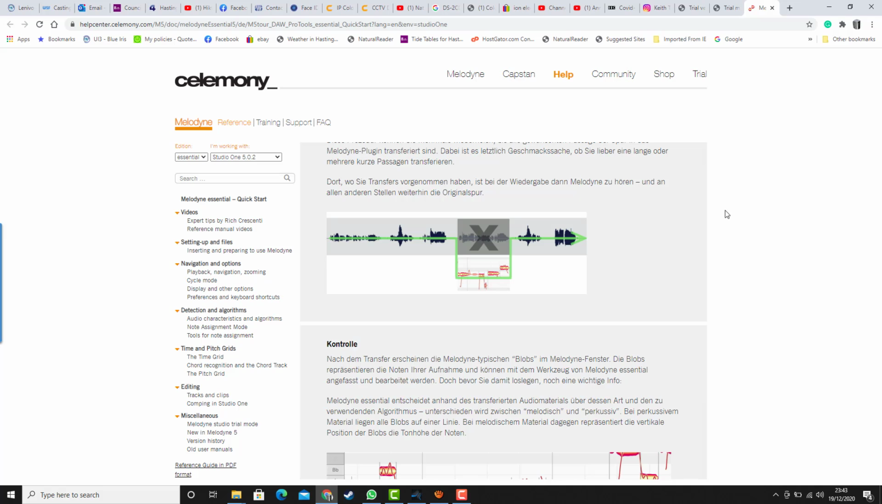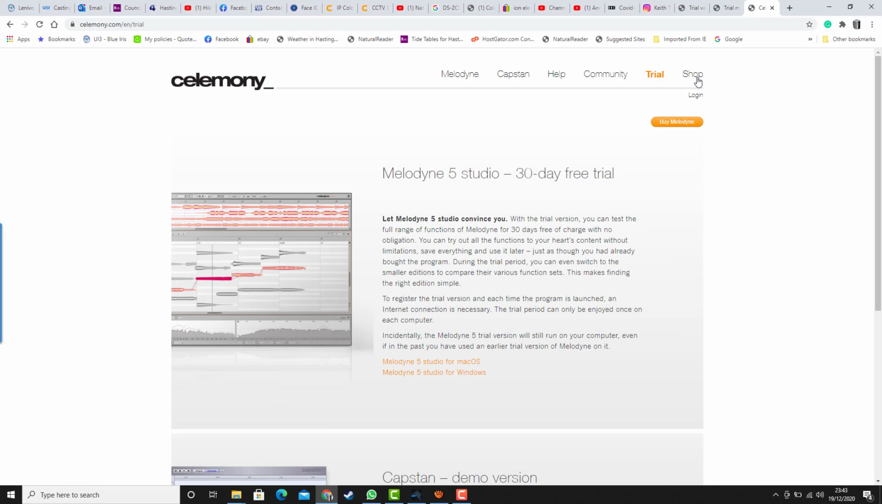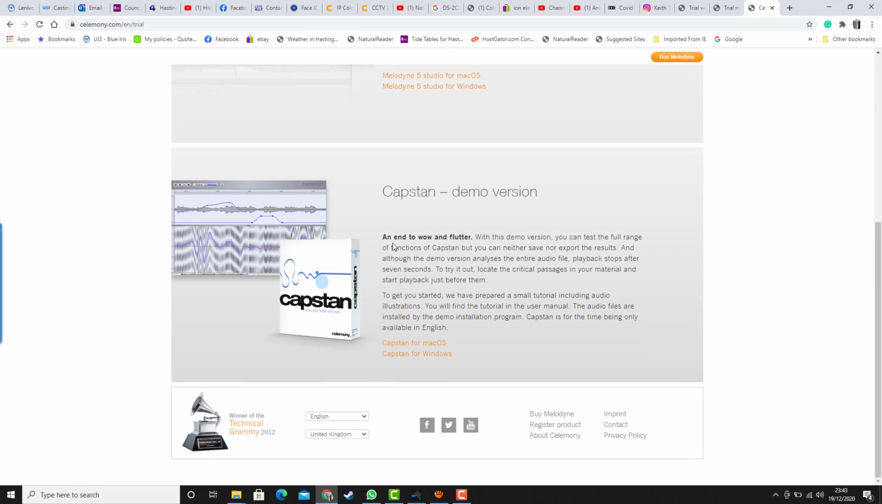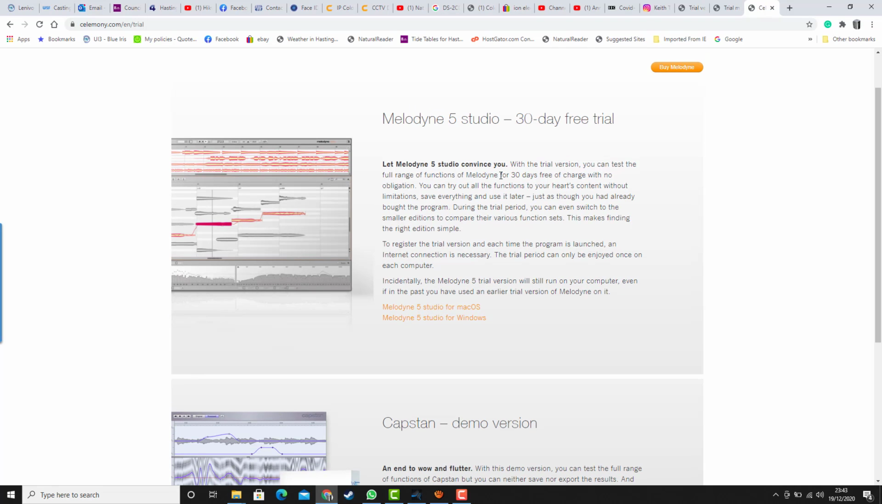Melodyne. You go to the Melodyne website, you go to the trial at the top right, and if you move down you should be able to go to here. There it is, 30 days free trial. You click on Studio for Windows, Melodyne Studio for Windows, and you have to sign up, blah blah blah, and